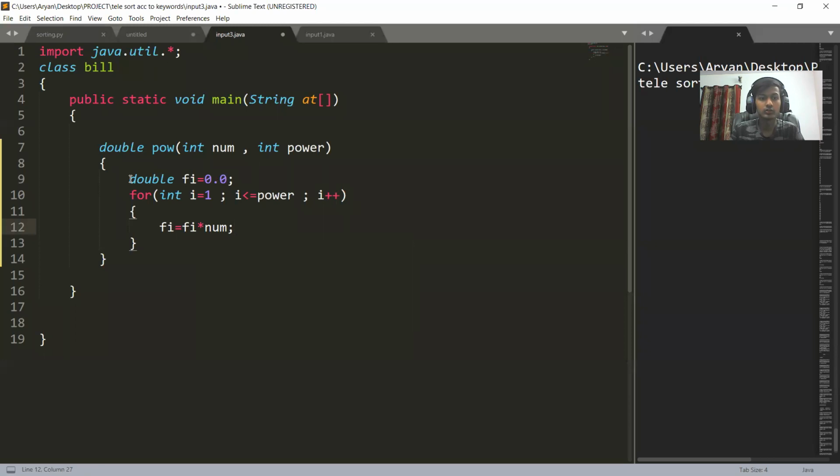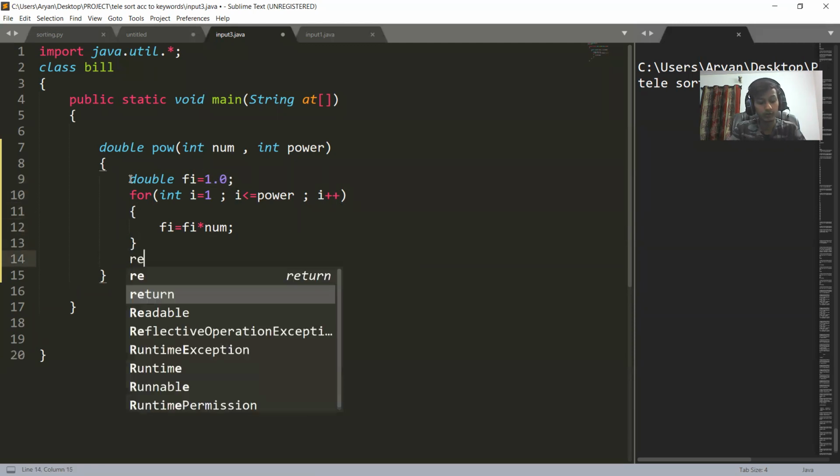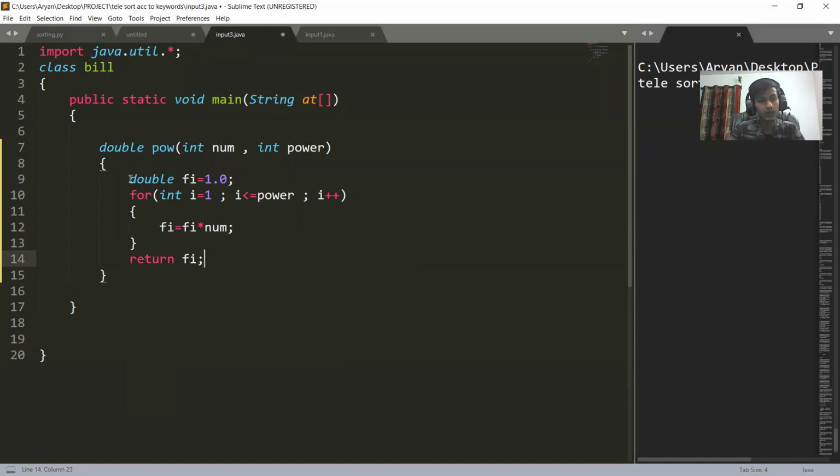This loop multiplies the number by itself, number into number, till the power is satisfied. If the power entered is 5, the loop will run 5 times and calculate the value. Then we return p, the value that we want the function to give. The return type is double, so the value returned will also be double.